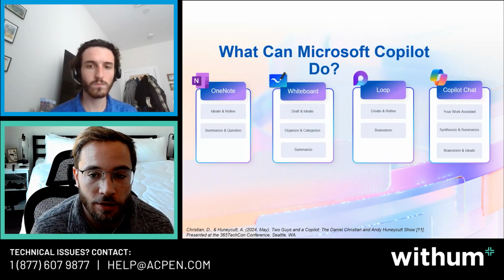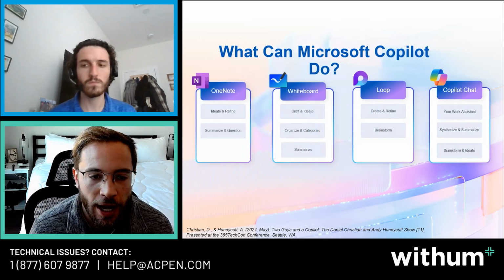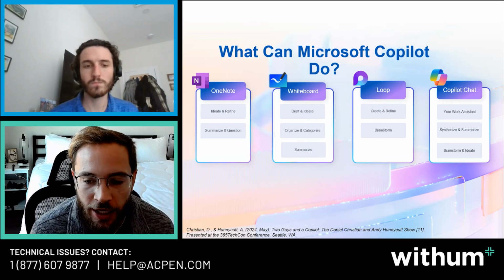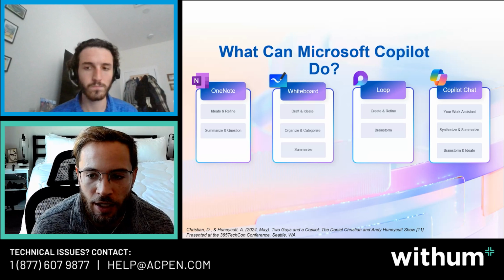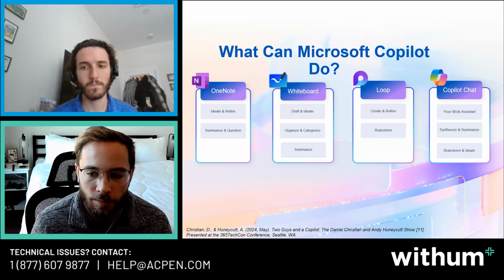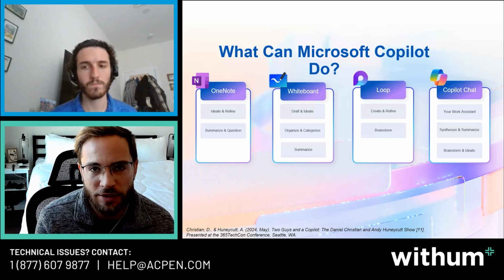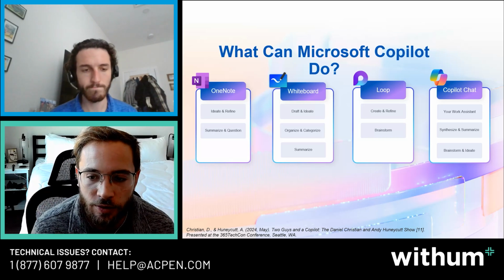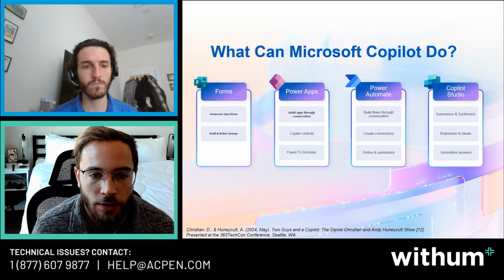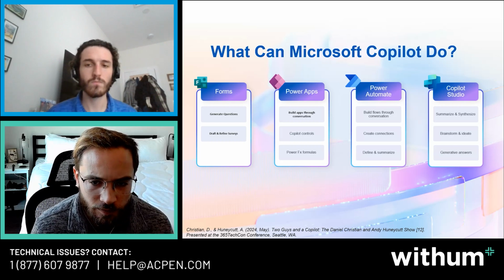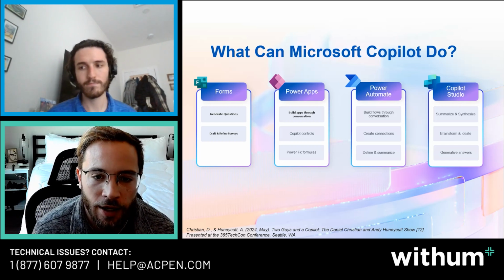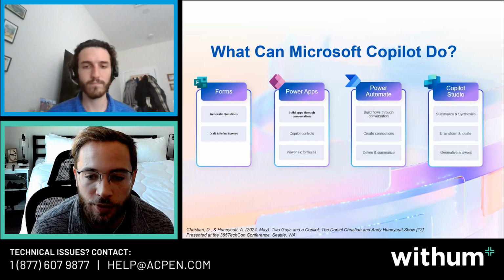And then also in the more niche apps, so OneNote, Whiteboard, Loop, Copilot Chat, all of these are still being used with Copilot, so it's really nice. With Copilot Chat, inside your work, basically within Teams, you'd be able to use Copilot Chat to do all of these features in one specific location. And then also in Forms, it can generate questions, draft and refine surveys. Power Apps and Power Automate go hand in hand, and it helps you build out your